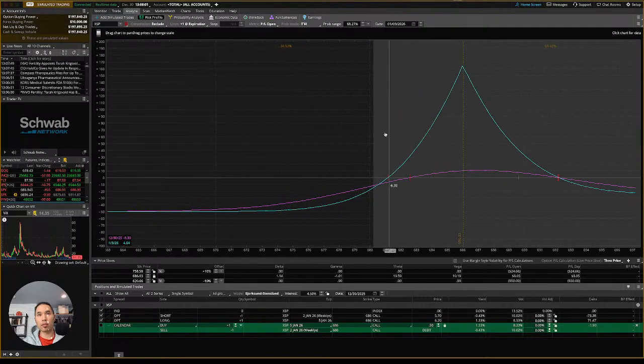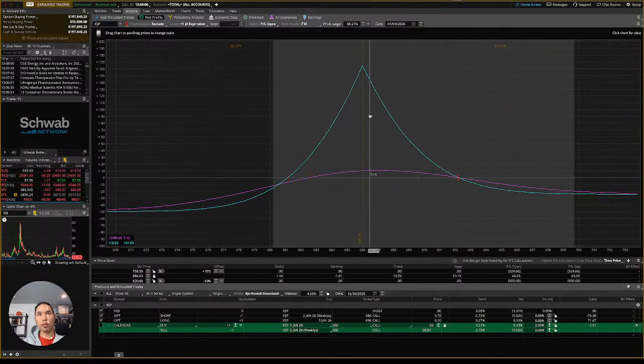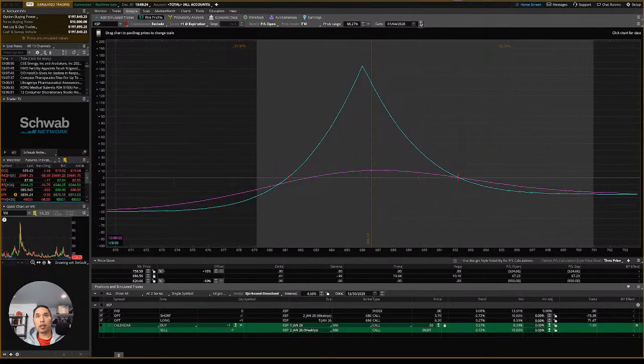My max risk on the downside would be 50 bucks, but I wouldn't let it go that far. If it goes further down, I would take it off at this break even point here. Those are the break even points of this trade. So anyways, that's what I'm expecting. I'm expecting price to move further down and down here. And then the dates, let's see if we go to the 5th, when it expires. What day is it? Expires the 5th. Oh no, expires the 2nd, sorry.